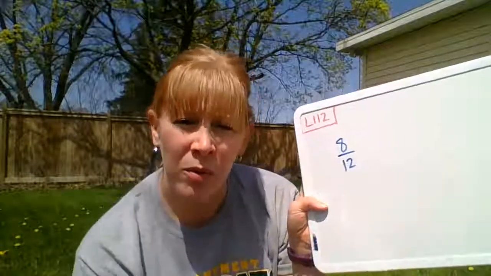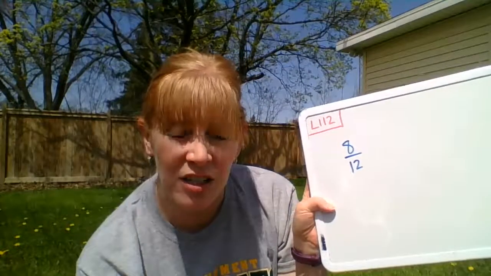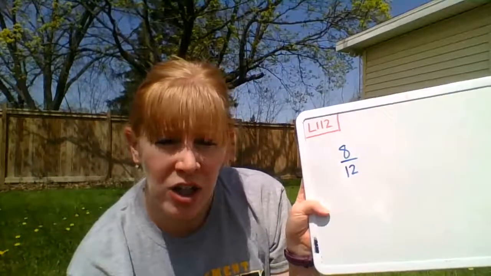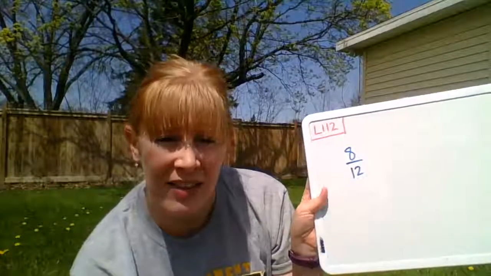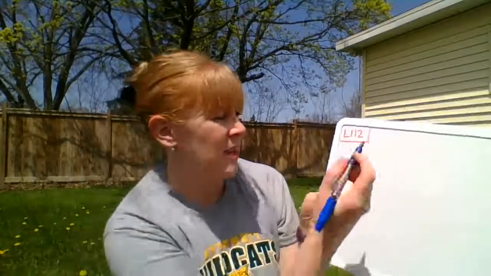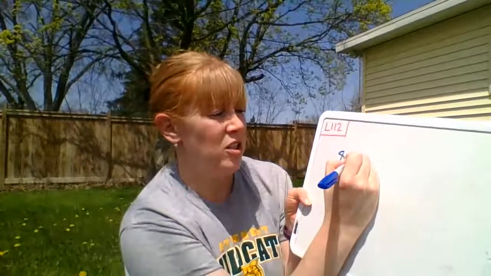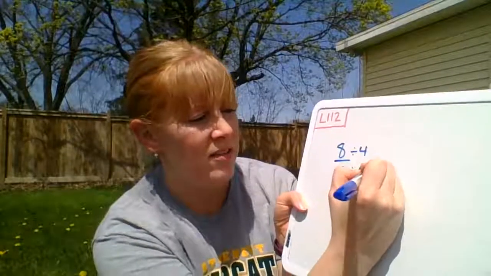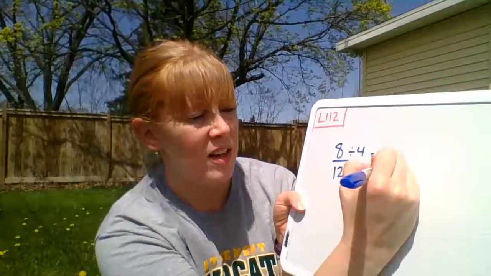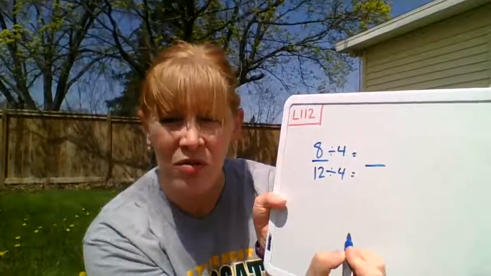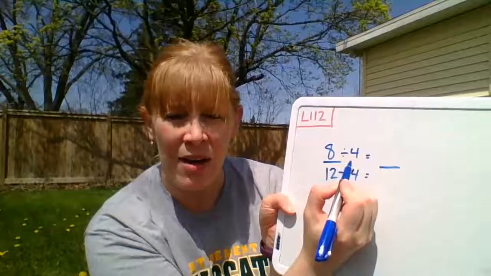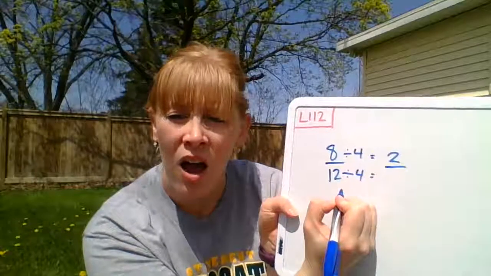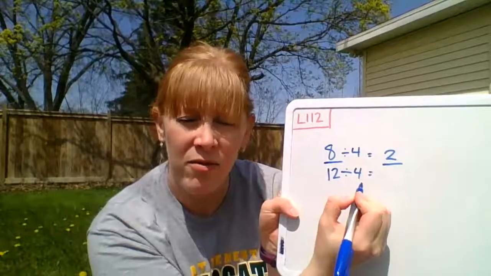Now, normally when we've been doing adding and subtracting with fractions, the numerator changes, but the denominator doesn't change. When you're reducing a fraction, you have to divide both the numerator and the denominator by the same number. So I'm going to do 8 divided by 4, 12 divided by 4, and that's going to give me my new reduced fraction. 8 divided by 4 is 2. 12 divided by 4